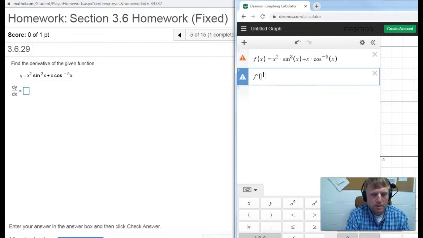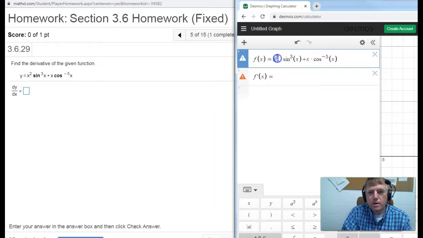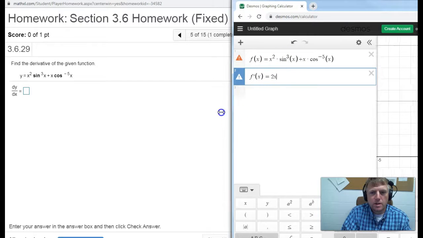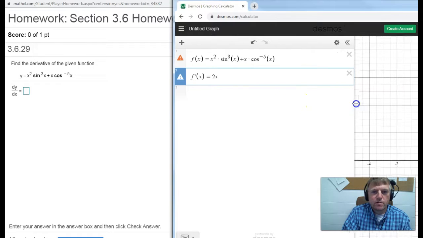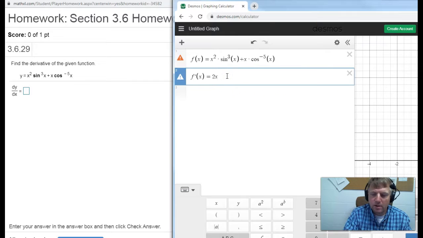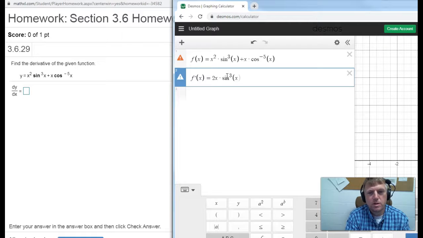So f prime x. And again, I could just use y and dy dx, but that's the same thing, just different notation. All right, product rule says take the derivative of one part, but leave the other part the same. So I'm going to take the derivative of the x squared, and I'm going to leave the sine cubed. So there is my f prime g. All right, and then I'm going to add to that plus, now I leave the x squared alone, and I take the derivative of